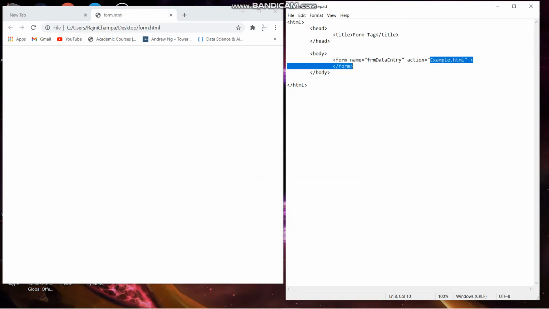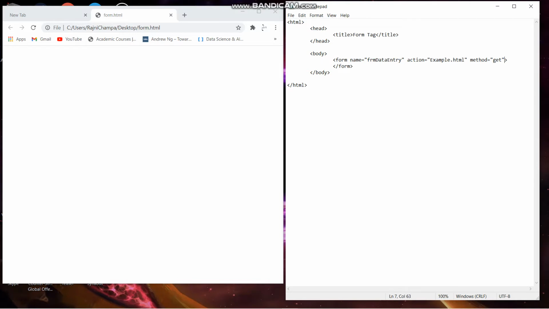So these are the two attributes of the form. Now another form attribute is method. When I submit the form, all the data in the form will get processed in example.html.